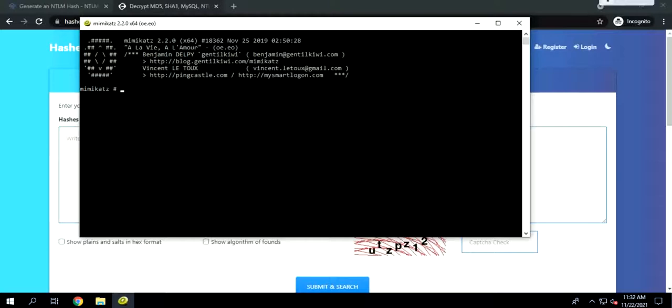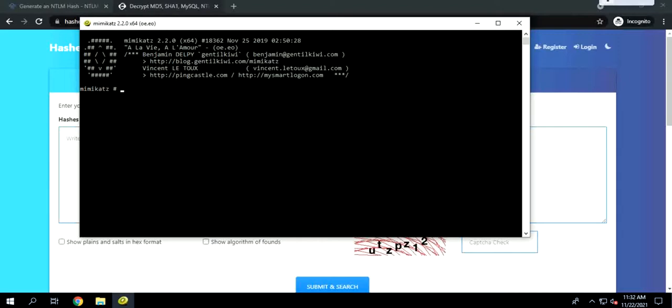In this video, we will learn how to use Mimikatz to access the NTLM password hash for a particular user. In the previous video, we already discussed how NTLM authentication works, how the hashing calculation is done, and how we can decrypt a couple of passwords which are commonly used. In this video, we go a little bit more in depth and actually use a tool called Mimikatz.